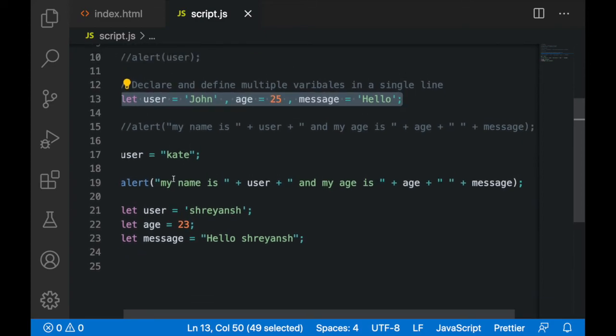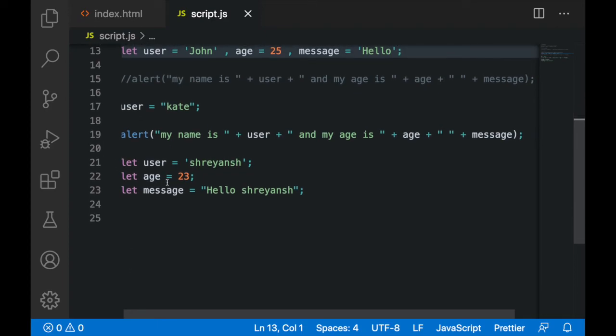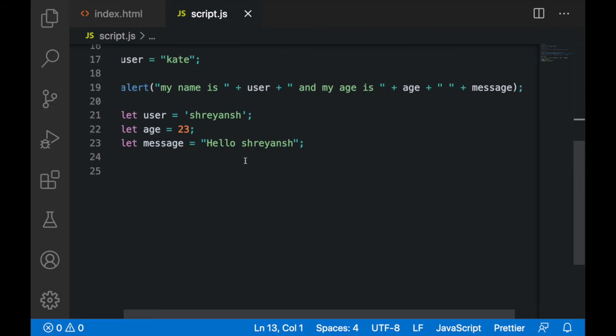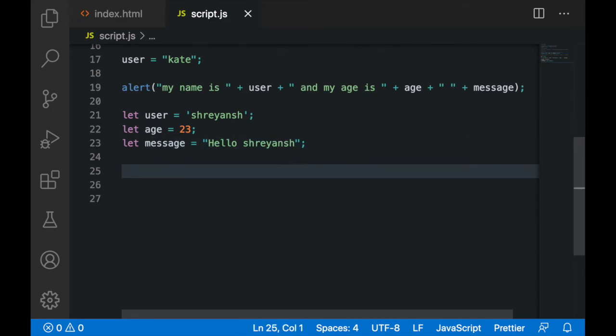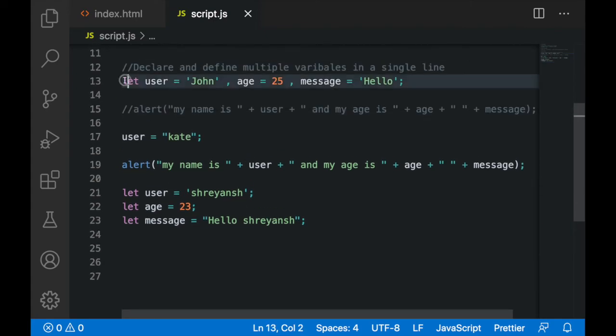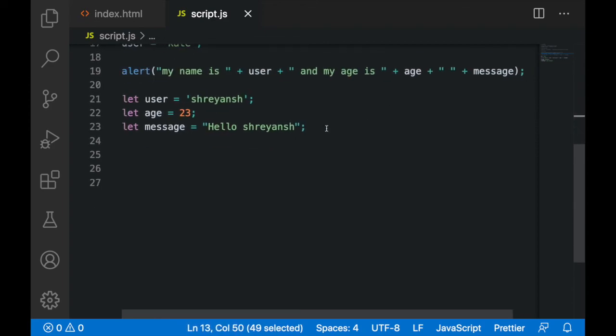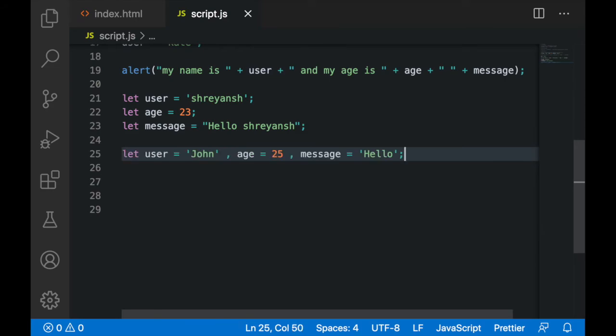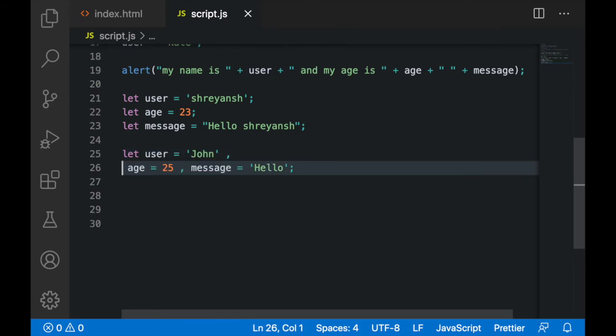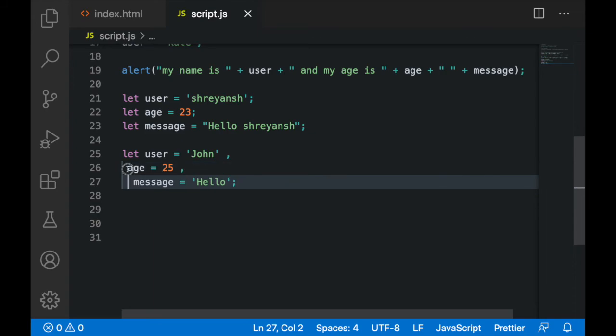Because this is much clearer to the reader. When you are reading this piece of code, that was quite cumbersome, but this is more clear, what is the meaning of this piece of code. But I want to use only a single let keyword to define as many variables as I want. So what can you do? Just copy this piece of code from here, paste it here, and shift it to another line, and that's the solution to this problem.